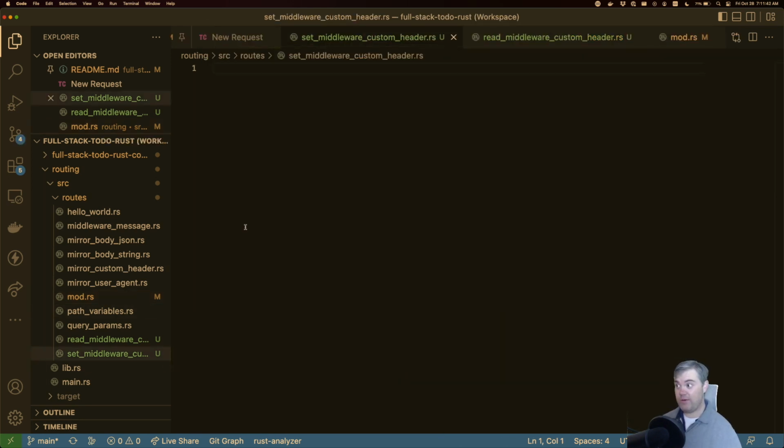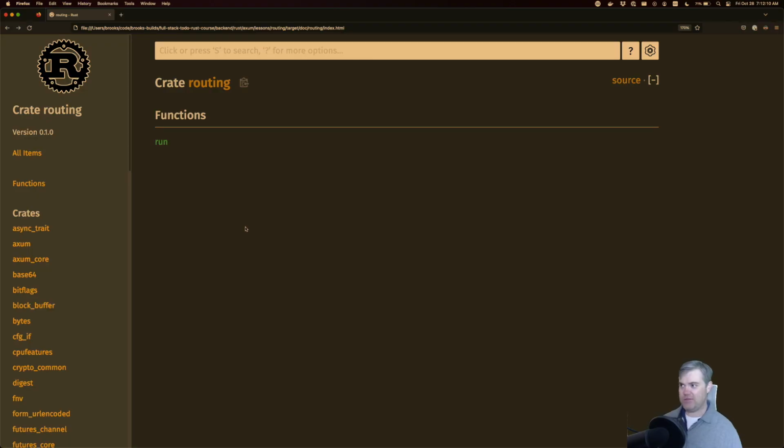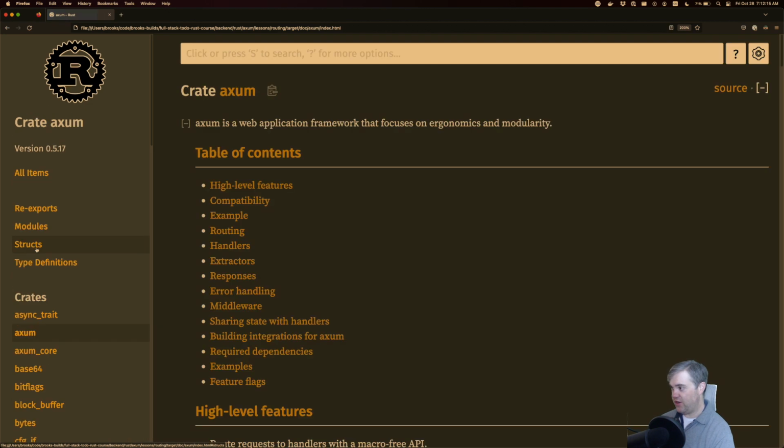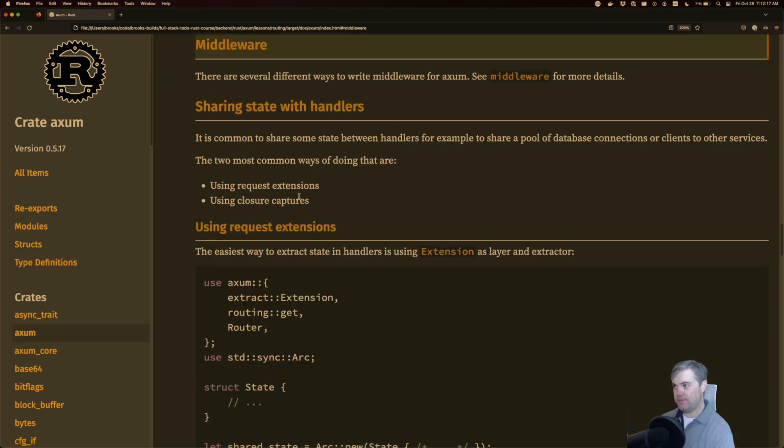So creating the middleware itself is not quite like creating the handler, although it's similar, but it's not exactly the same. This is not quite like Express with Node.js, if you're used to that, where to create the middleware, all you're really doing is adding a next that you could then call at the end. Well, there is a next. It's Rust, which means that there's some type stuff that we have to be very careful about. So let's go to the documentation. I've already opened the local documentation here that we've compiled previously. And if we go to Axum, middleware,